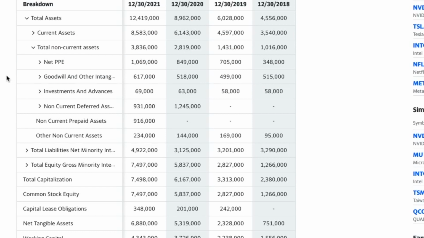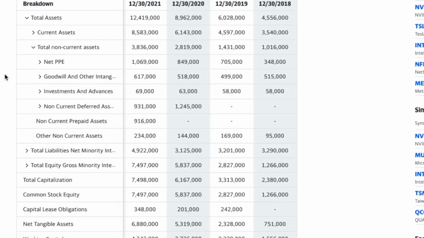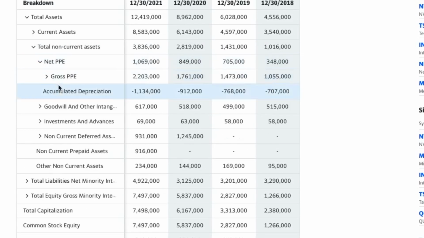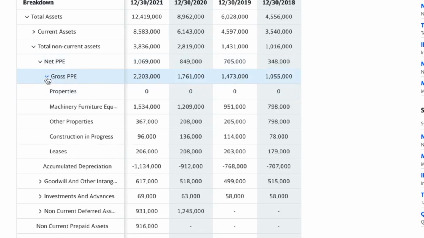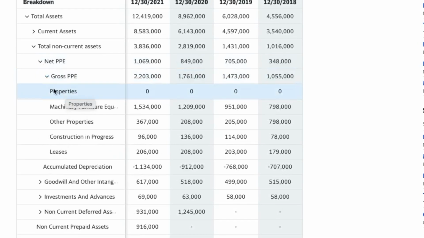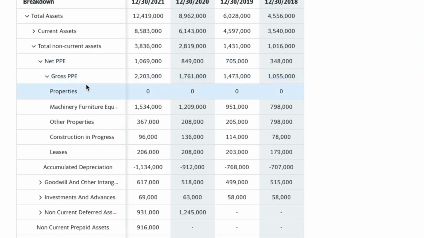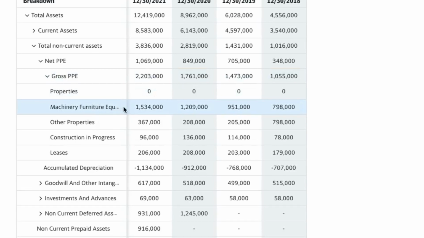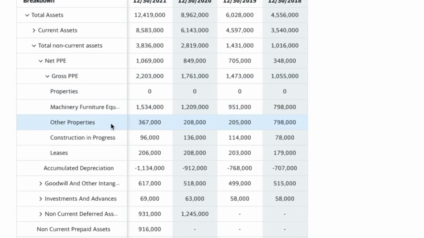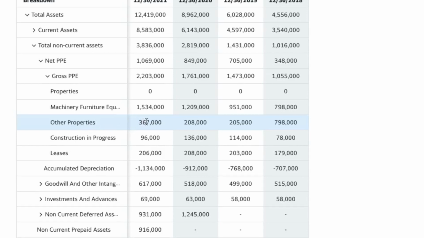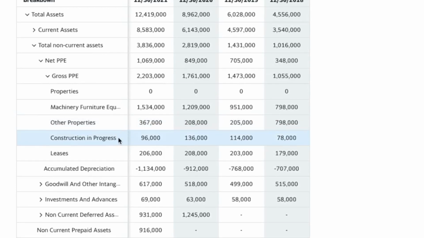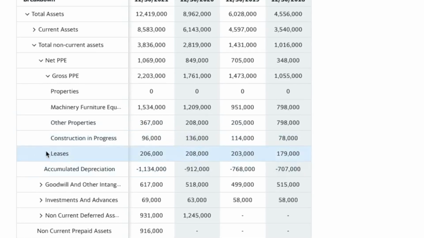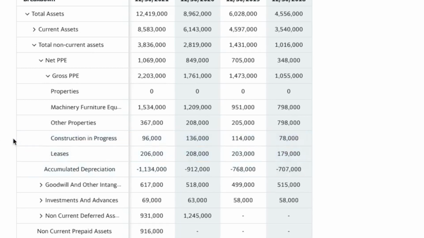The second item is the non-current asset, and the company is not going to liquidate these in the coming 12 months. As it suggests, for example, the company is not going to sell its power plants or equipment. As you can see in non-current asset, the company has machinery, furniture, equipment, which has a worth of $1.5 billion, and they have properties of 367 million. They have construction in progress, which is 96 million, and they also have lease payment which is